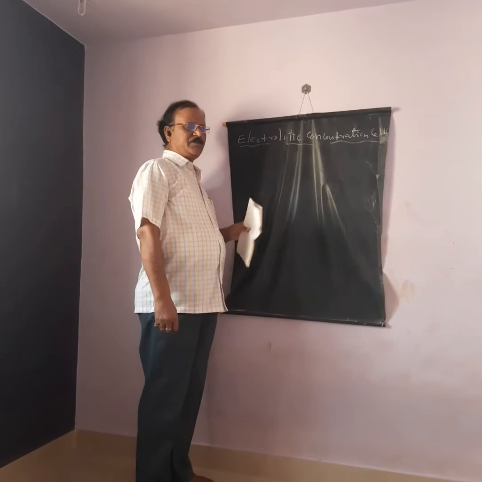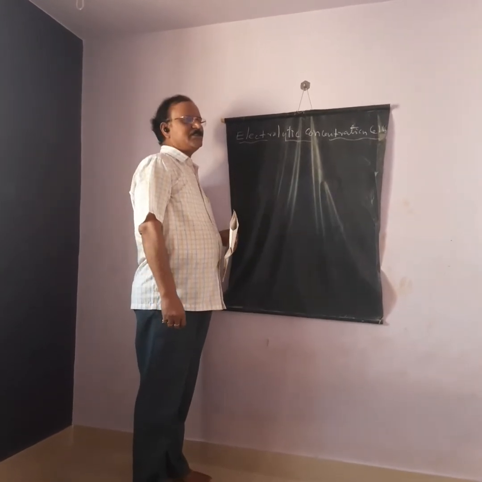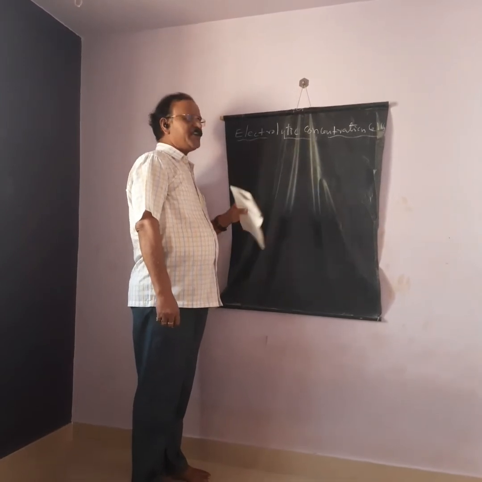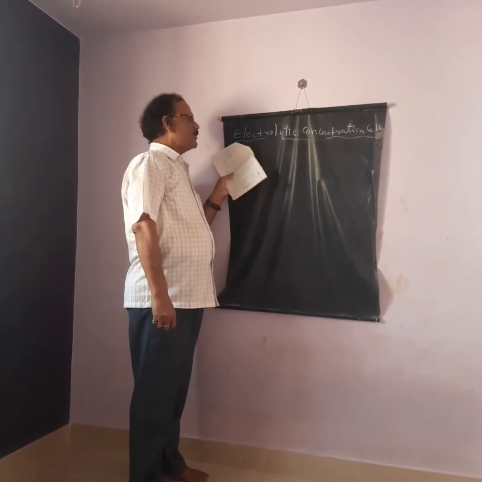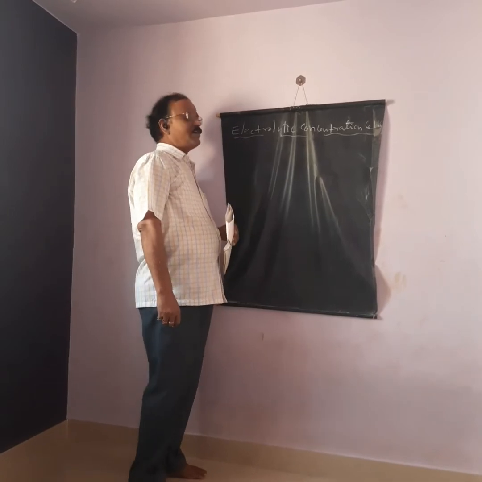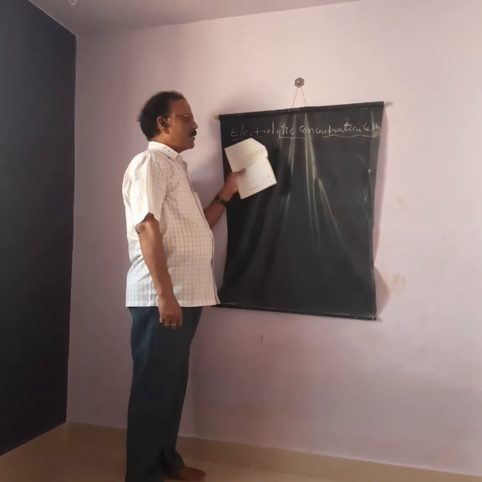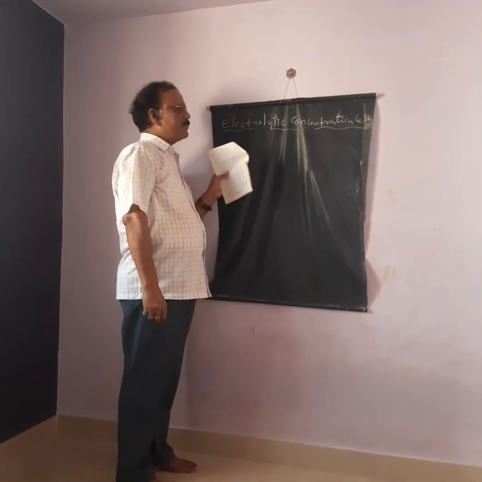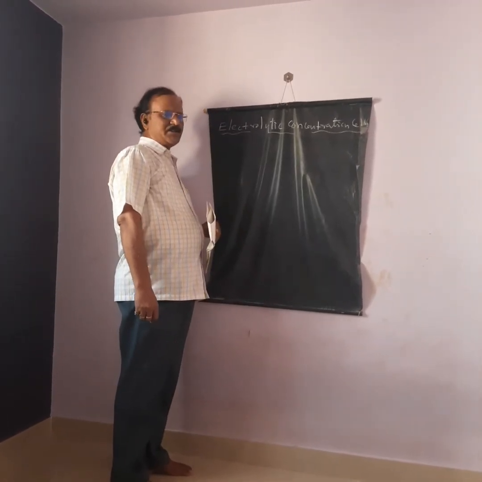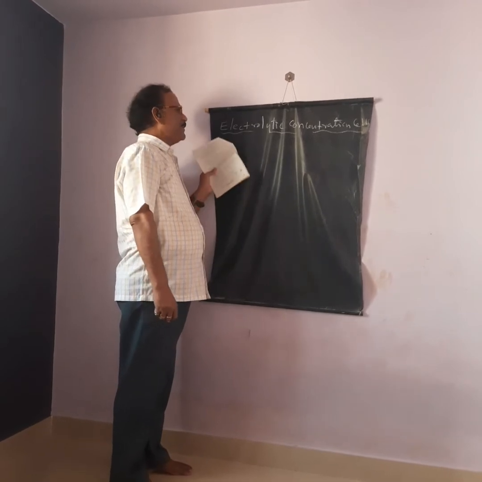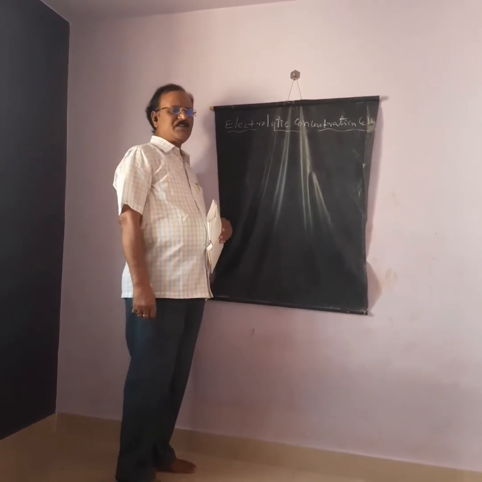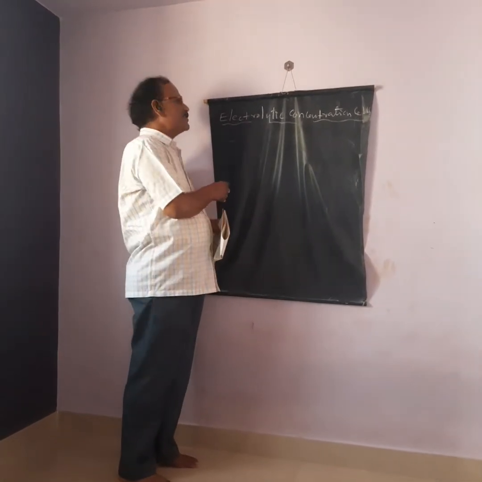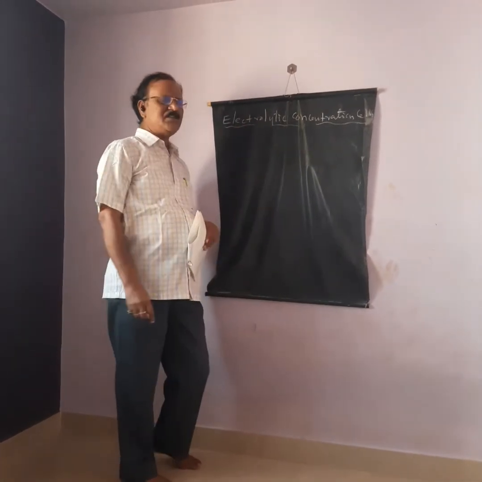Now I am going to continue the BSc semester, that is 6.2 Electromotive Force continuation. In the last class, I explained the concentration cells: what are concentration cells and the types of concentration cells. Among that, I have completed the electrode concentration cells. Now I am explaining electrolytic concentration cells, the second type of concentration cells.